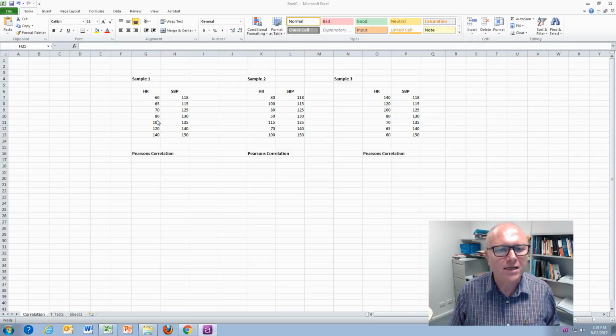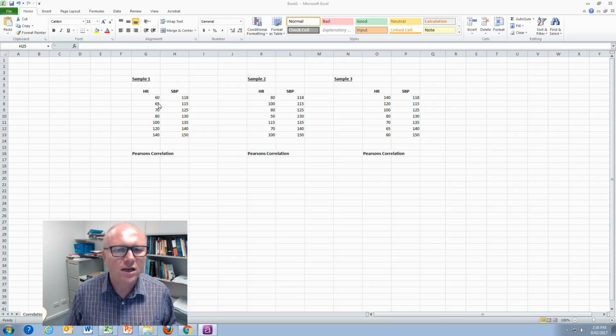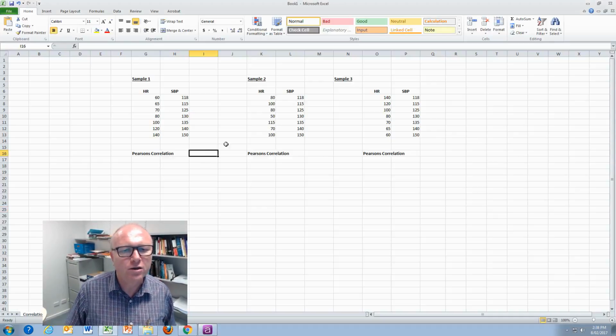got paired data where we've taken the heart rate of a person and the systolic blood pressure of a person. These are measures done at the same time, two different measures, and then we do that over time, and we want to see if there's any relationship between the heart rate and the systolic blood pressure. So to work out if there's a correlation here, we're just going to place the cursor in a